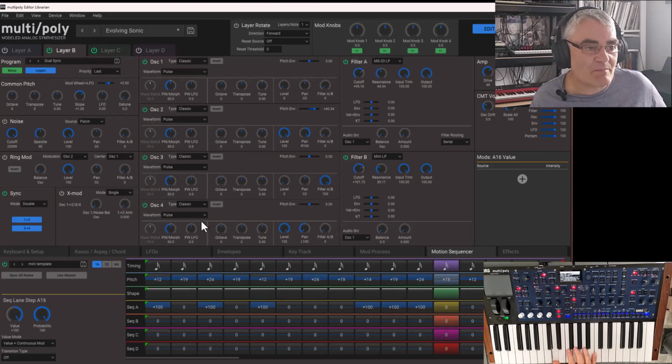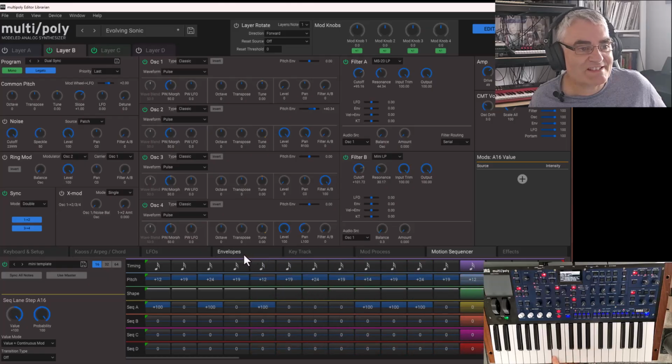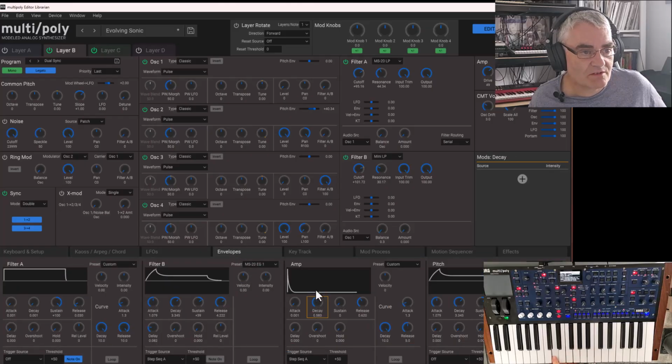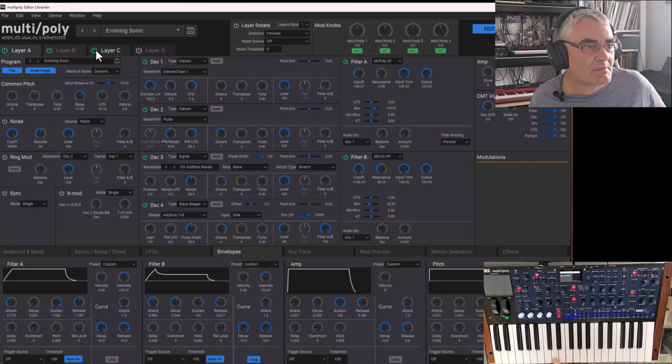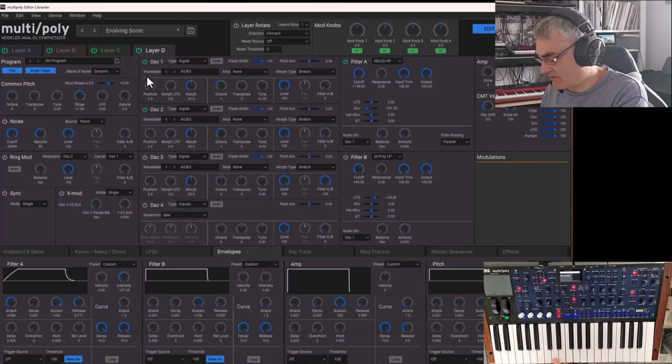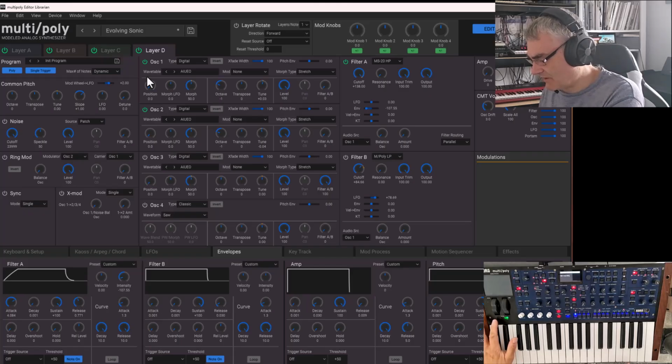So we're not hearing that pulse width effect now because I left it true. But I do quite like it as that. So maybe I'll save that separately and I'll create that pulse width. So now if I try it,